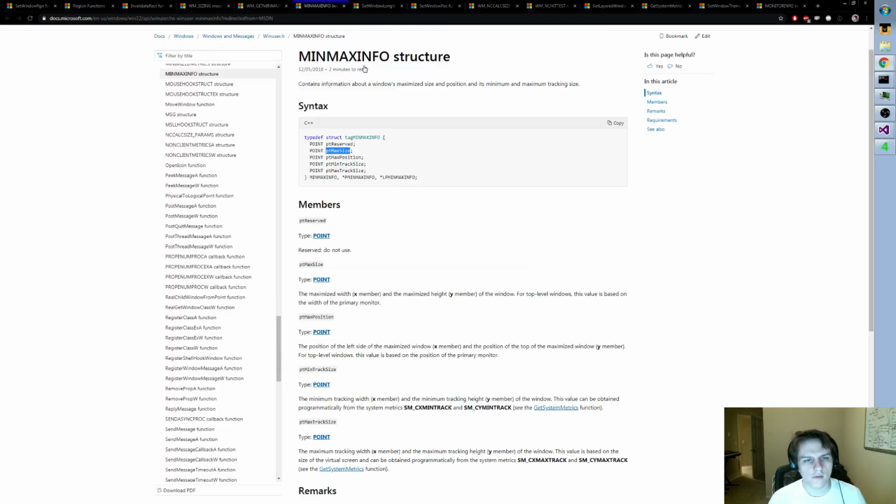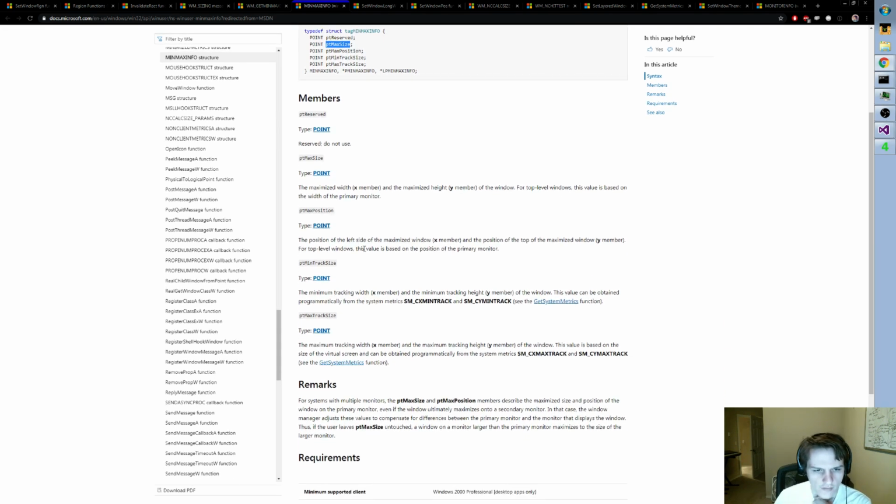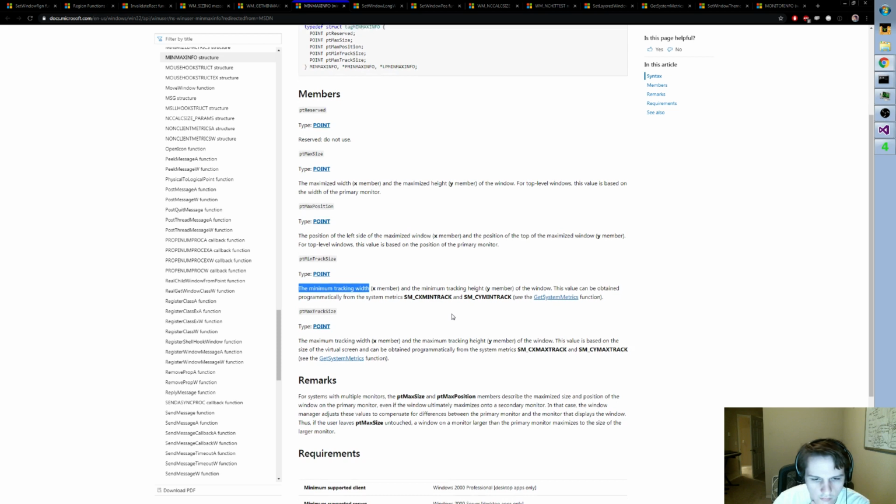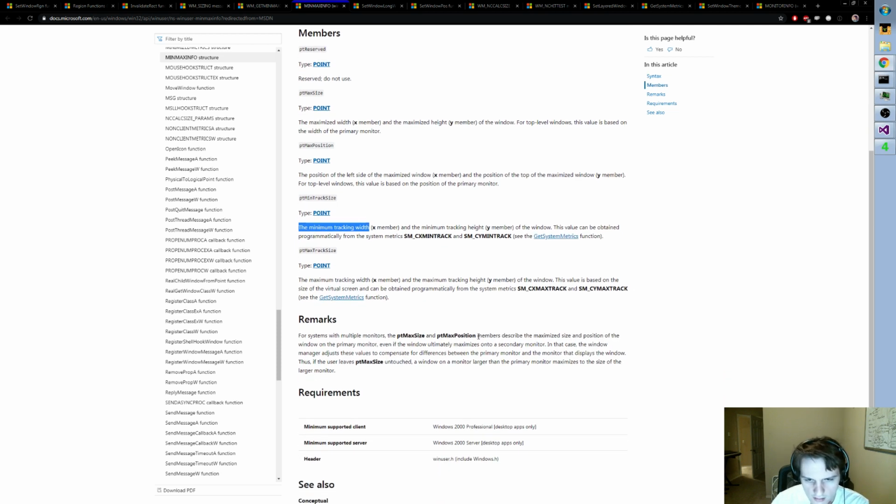Now, while I'm in here, should I do something with min stuff? Is there anything useful here? Min track size: the minimum tracking width and the minimum tracking height of the window. This value can be up to, what does that mean? The maximum tracking width. What is for systems with multiple monitors? PT max size describes the maximized size and position of the window on the primary monitor, even if the window ultimately maximizes onto a secondary monitor. In that case, the window manager adjusts these values